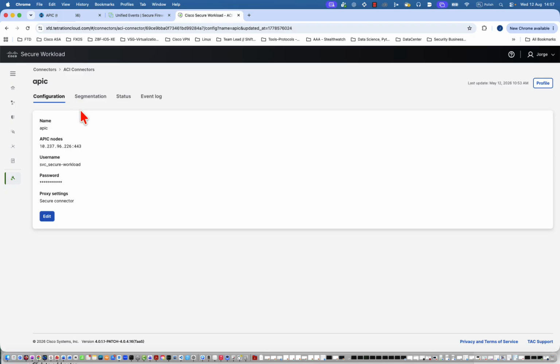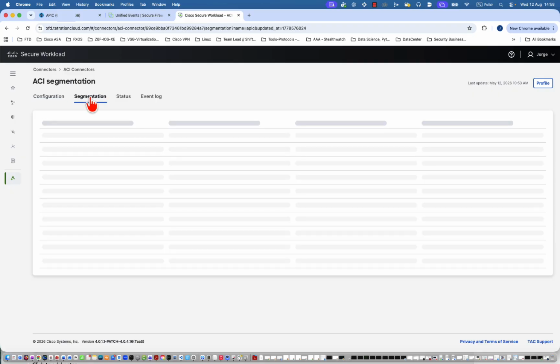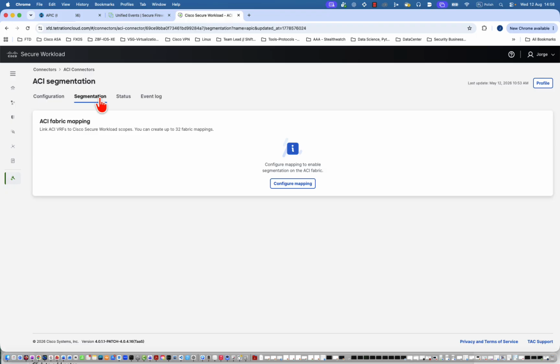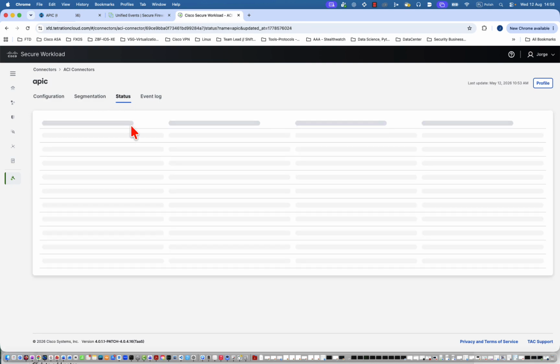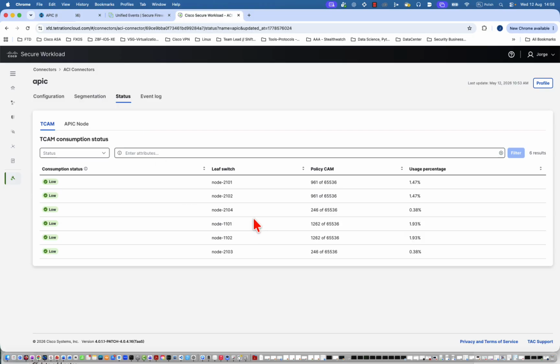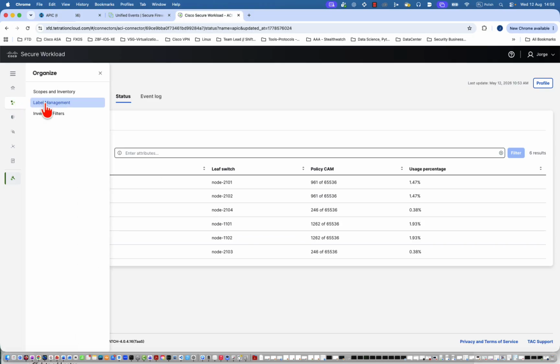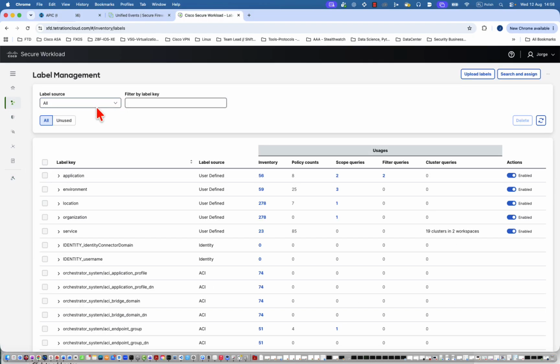The very first use case is that as soon as you configure those parameters, Secure Workload will do an endpoint discovery of your ACI endpoints. That is the first use case. The second one is about segmentation. So this is the native integration. I'm not highlighting and I'm not using that use case in this particular demo. We will see that in part 2. And the last one is about the status, where you see the TCAM utilization that we constantly monitor of your ACI fabric. So what I will do now is to navigate into organized label management,